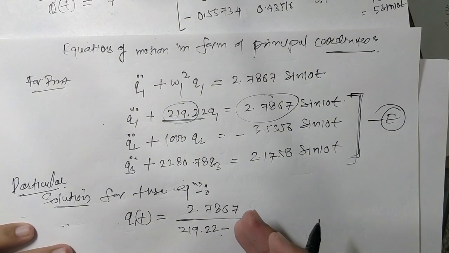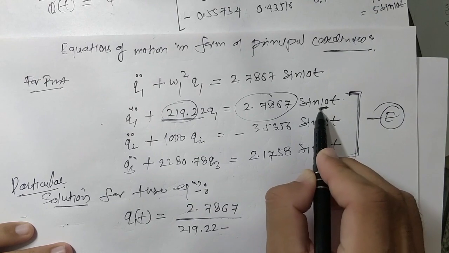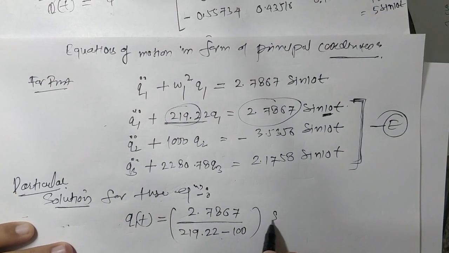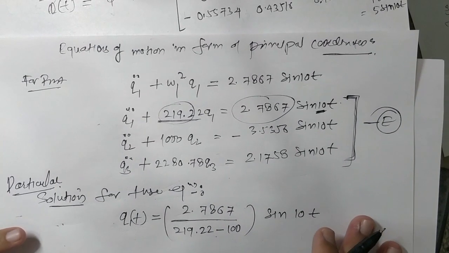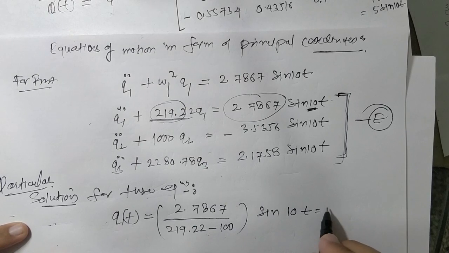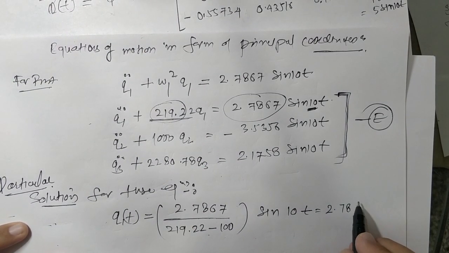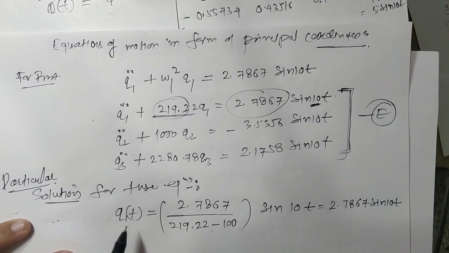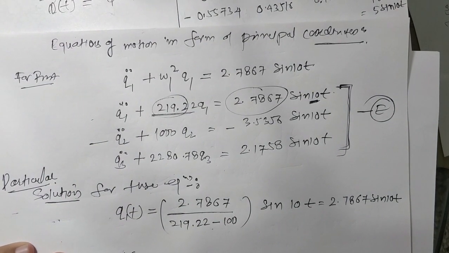The excitation frequency in the numerical is given as 10 radian per second. So the square of 10 is 100, multiplied by sine 10t. And if we sort this out, we get the value as 2.7867 sine 10t. Similarly, the solution for this q2(t) is equal to